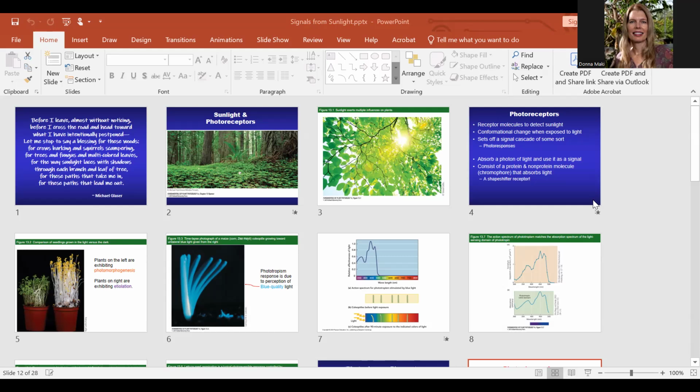So it can be this whole process of signal transduction, which can happen very quickly or somewhat slowly. There can be growth responses, or it can be like the Venus flytrap. It can be a very quick movement of the plant, but a lot of it's a growth response. So basically, the signal transduction is this flow chart here, which is a good one to study, looking at the idea of